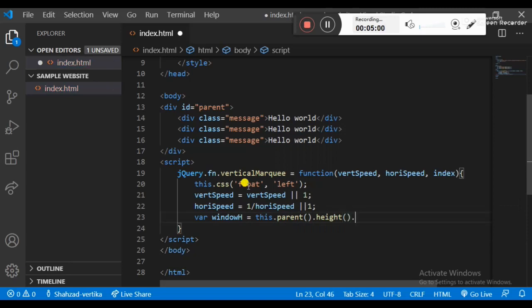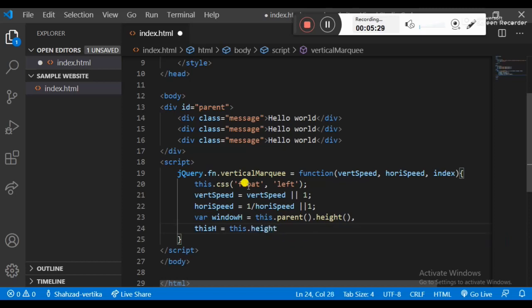What happened here is I am making a window edge and declaring the window edge variable. It means the window is horizontal, and this.parent().height() means all the bubbles go upward. So this edge is equal to this.height().